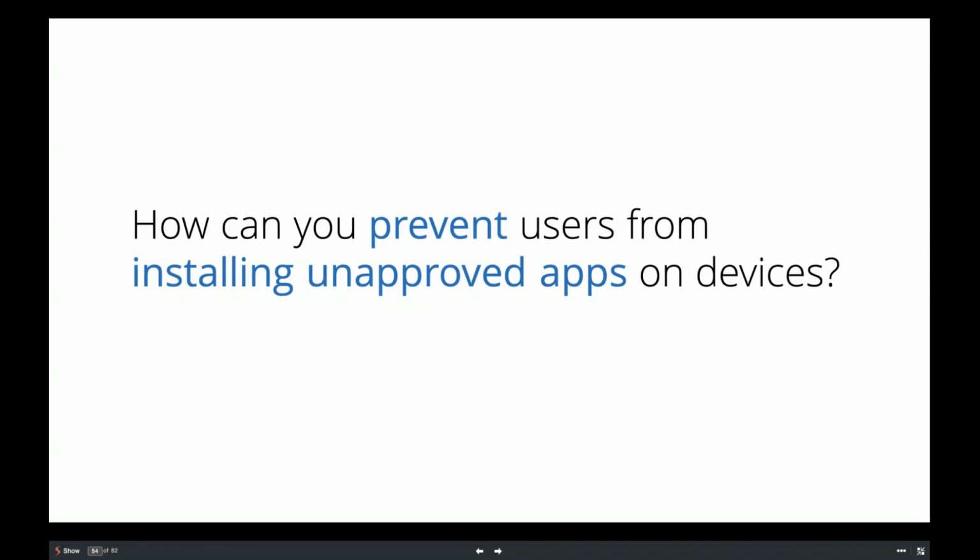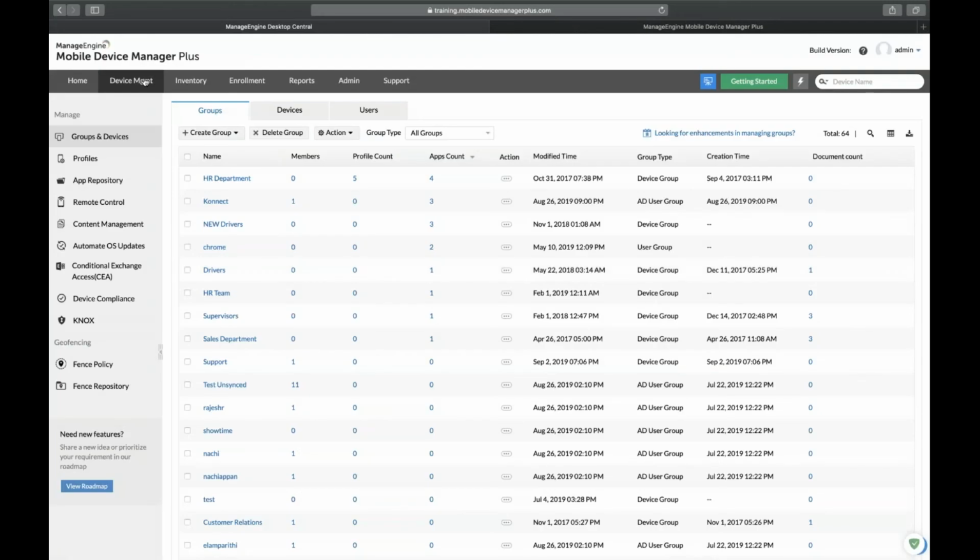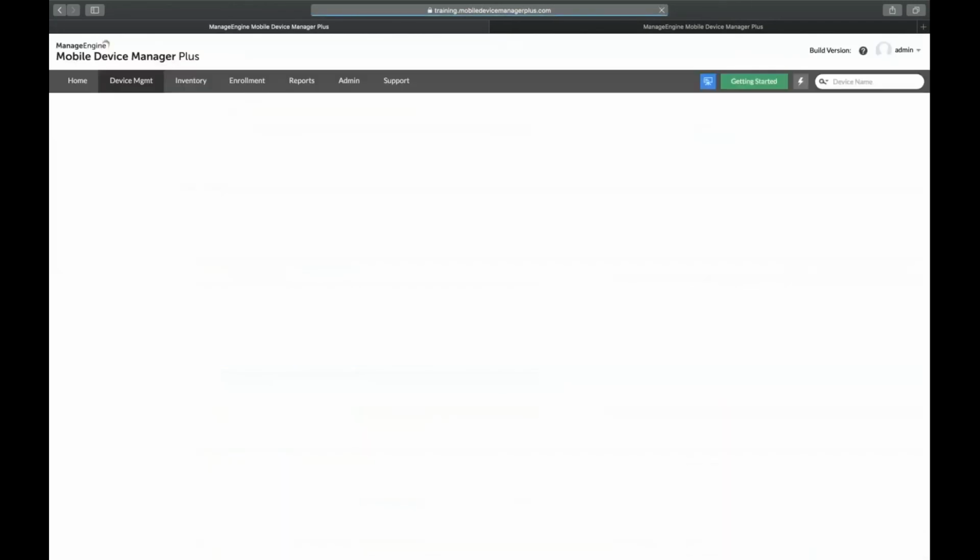And now, how can you prevent users from installing unapproved applications? This is the first question that I get all the time in the support scenario, because if it's going to be an enterprise app, why should my users have the access to install applications that are not approved for the system? So what I can do is I can go ahead into the MDM portal itself,